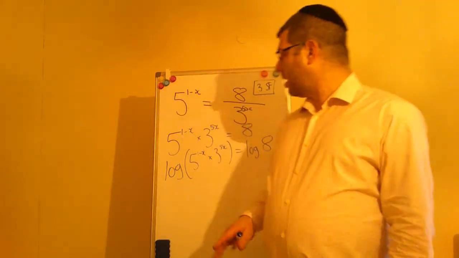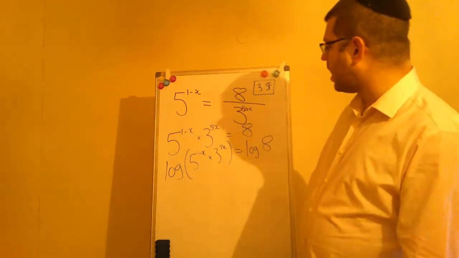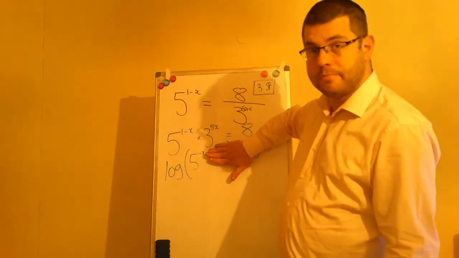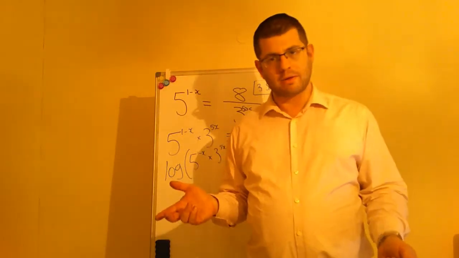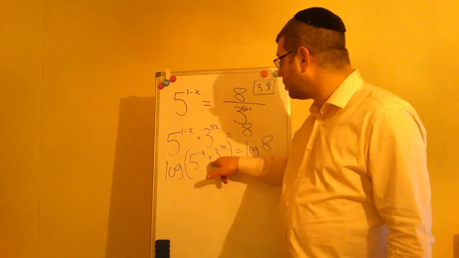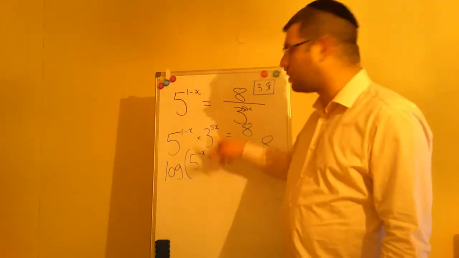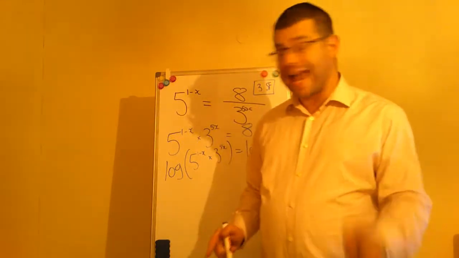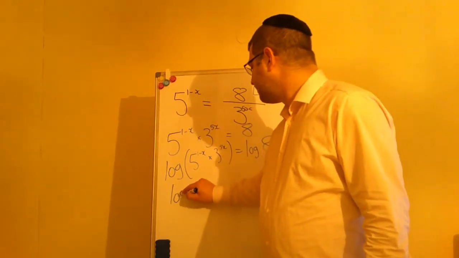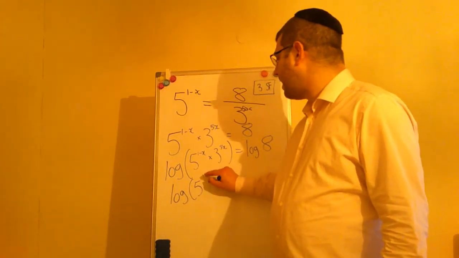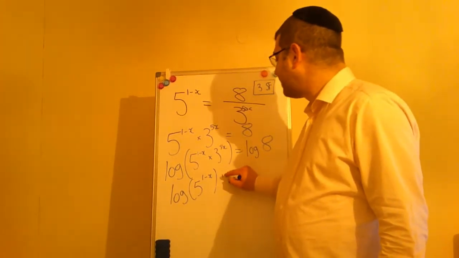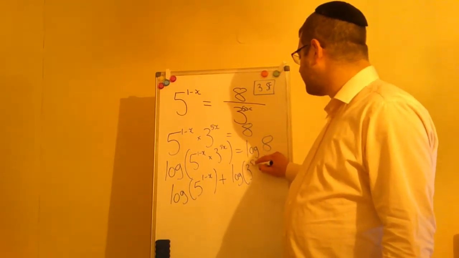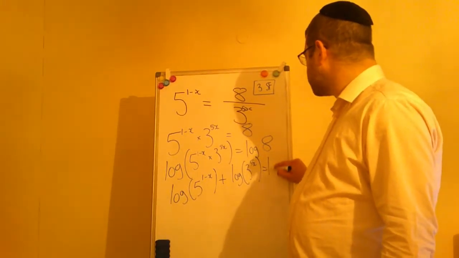So, we've had time to think. Hopefully we realised I could only bring down the 1 minus x if that wasn't there. Well, it is there. So what am I going to do about it? Well, this is a product. Look, it's a product. If you're logging a product, we have a rule that takes care of that. We need to separate these out, which we can. So we do log 5 to the power of 1 minus x plus log 3 to the power of 5x